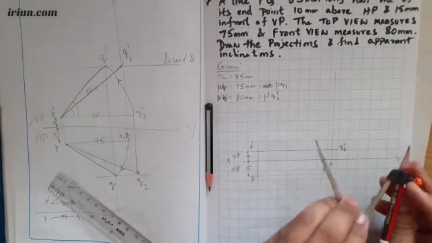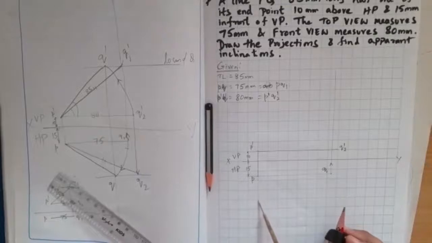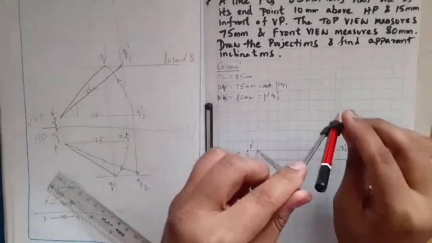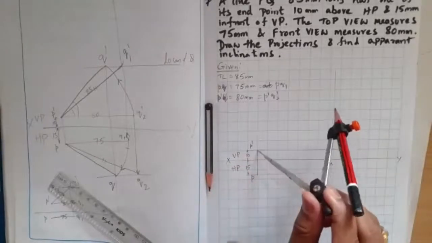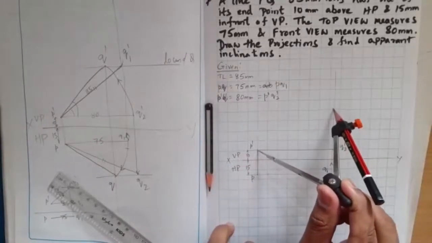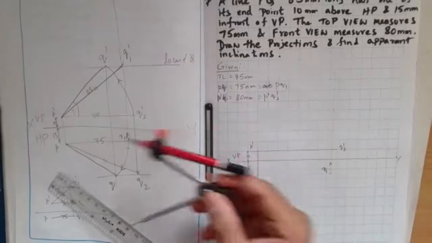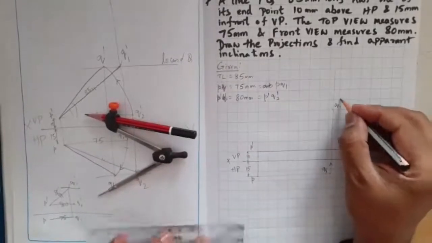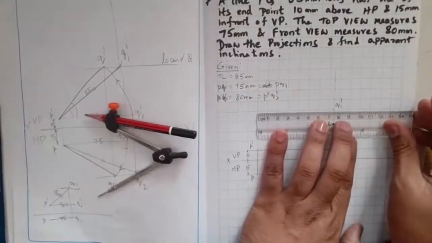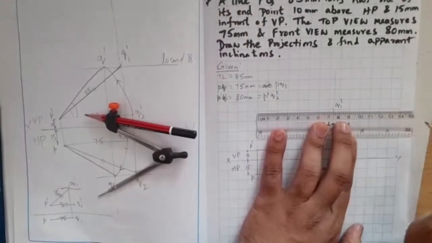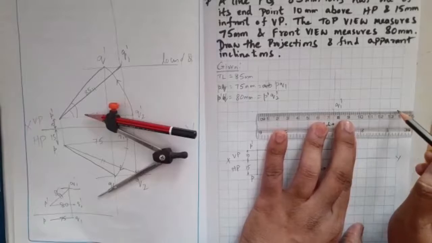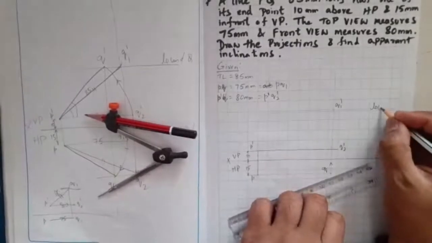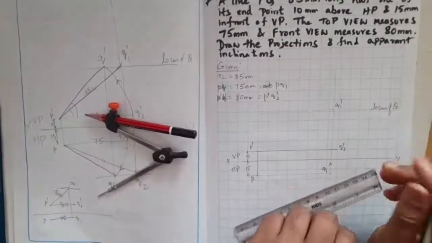This is 85. Or you can count on the boxes so that it is 85 mm, and then draw an arc on this line, where I'll get the true length, 85 mm, which I am marking now. So this is the location of Q1 dash. When drawing this locus line, keep the same gap between the two printed lines and draw the locus line. Now I have got the locus of Q.